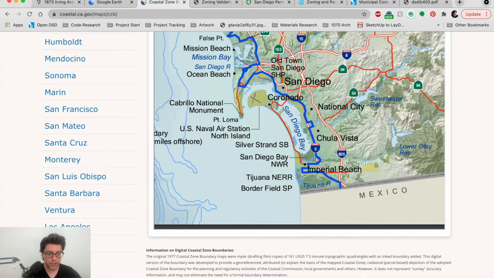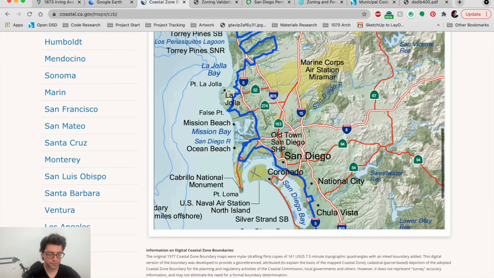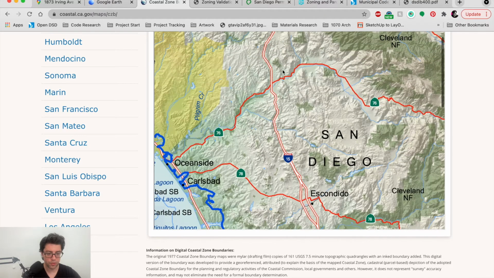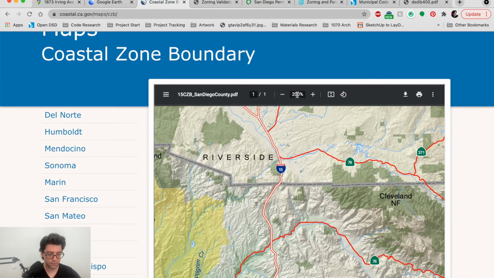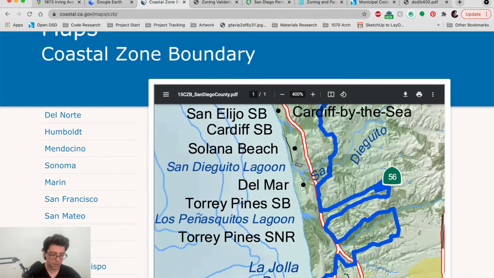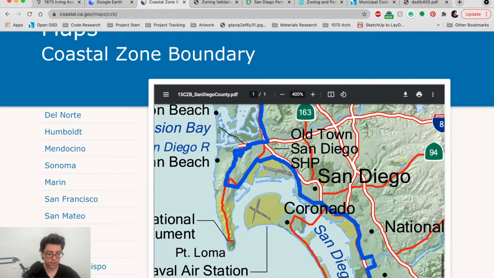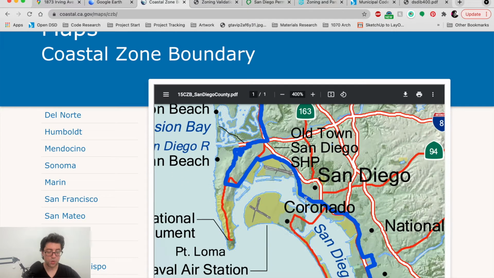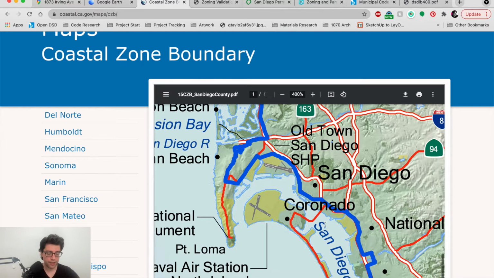We can take a look right here, and we can see that. Let me just zoom in a little bit more here. So we can see that the coastal zone is this blue line, and everything west of this blue line is part of California's coastal zone, and those lots are more difficult to develop. They require a very expensive coastal development permit. But you can see the blue line generally runs along Route 5, which is right here, with a few exceptions where it jumps over the east side of Route 5,